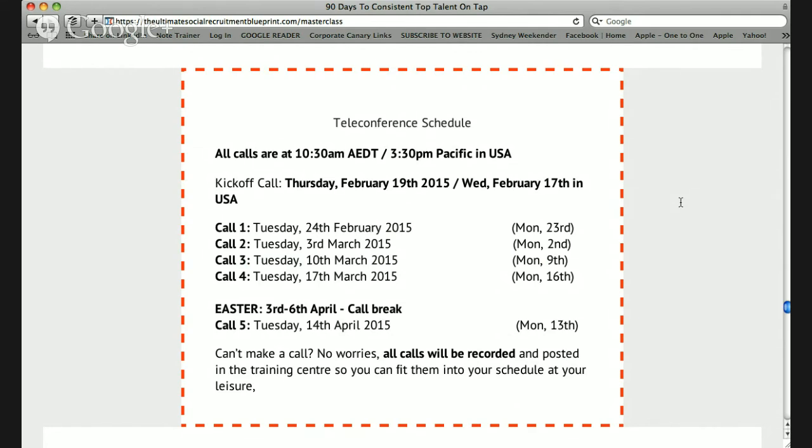But you'll also get our HR Social Recruitment Branding Blueprint planning brief to help you start planning what you need to do day to day and week to week and month to month to keep you on track, so you can pull it all together. Now, you're going to get online access to the HR Social Recruitment Blueprint Training Centre, so you can work through the program modules, and in addition, you're going to be invited to work with me live online for our HR Social Recruitment Blueprint program. So we all get together for 5 sessions like we are now,